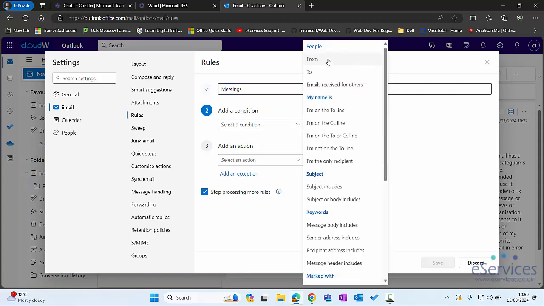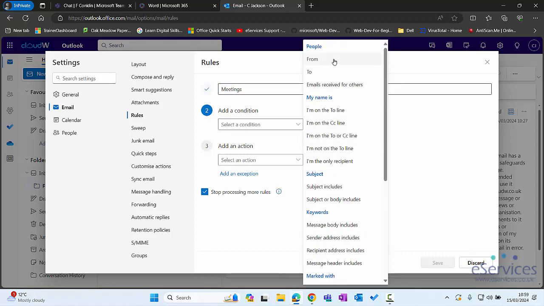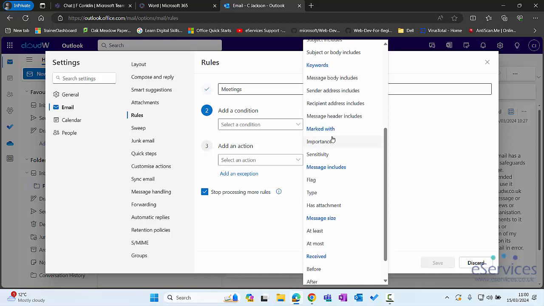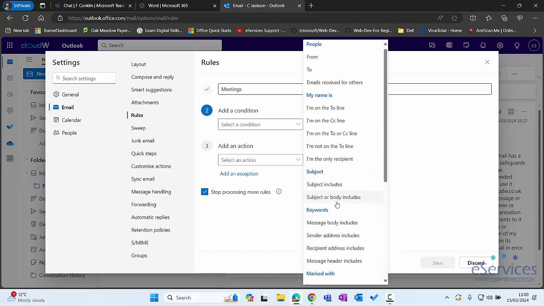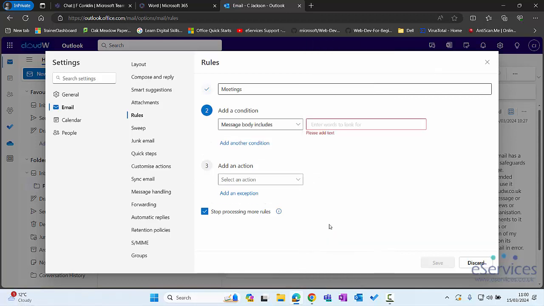When I select the condition, you'll see these are all the things that we can run rules on. So where it's come from, where it's going to, if the email's been received for others, whether your name's in the to line or the CC line, whether the subject includes something, whether the message includes something, how it's been marked, whether there are flags on it. There's a lot of things we can run rules on. So let's just try one where we say, okay, if the message body includes the word meeting,